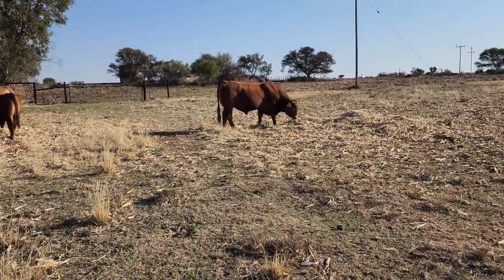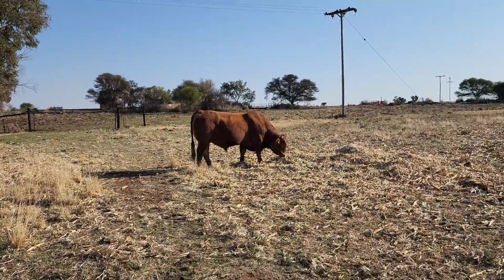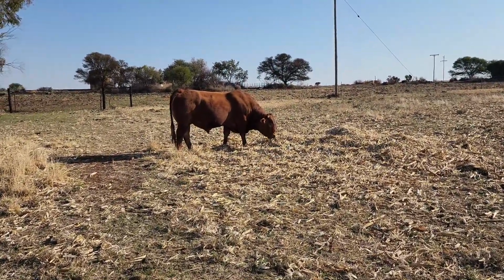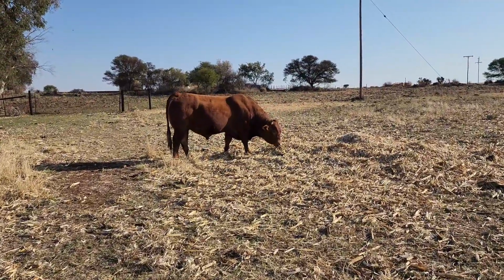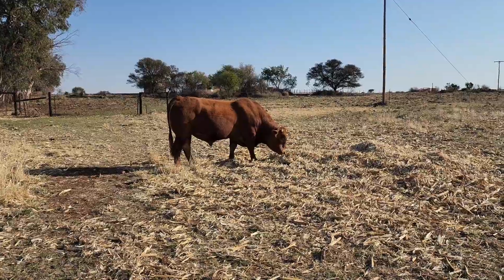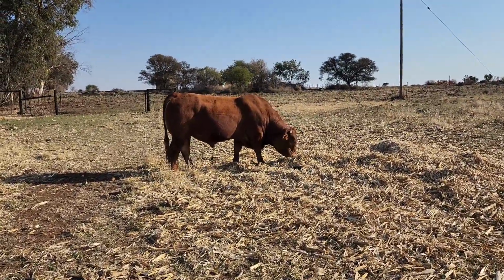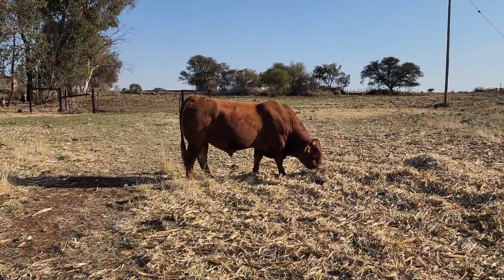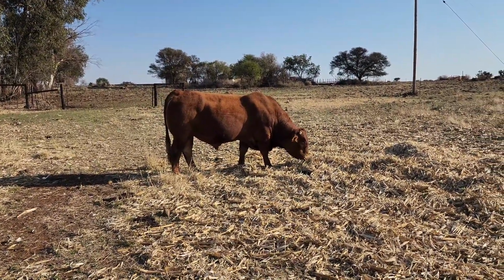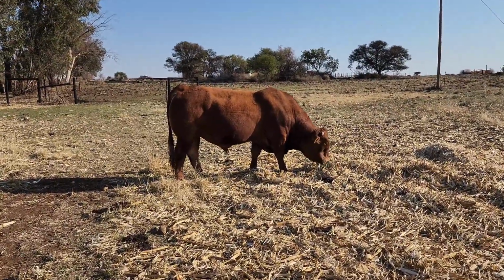How's it, guys? So today I'm at a commercial farm that crosses Bonsmara with Beefmasters, and the Beefmaster is to the United States what the Bonsmara is to South Africa. Both are composite breeds, both were developed by visionaries in their time, and both were developed to be top producing beef breeds. Now guys, it's actually a lot closer than what we think,